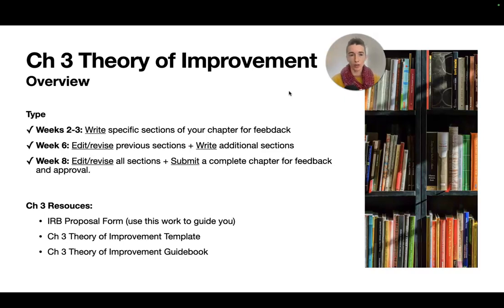Here in this course, we are going to work on writing chapter 3, your theory of improvement, and you will find that all of these ideas build off your experience in EDD 810, where you went through a number of these things. You wrote up your theory of improvement. I think you called it a comprehensive action plan. I can't remember the exact name of it. But you looked at a driver diagram. You talked about what measures you would use, and you even drafted a PDSA cycle. You talked about stakeholder engagement. You talked about positionality. So we're just revisiting those ideas here, and you have the opportunity to refine them.